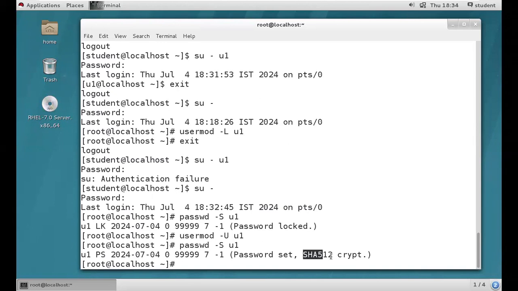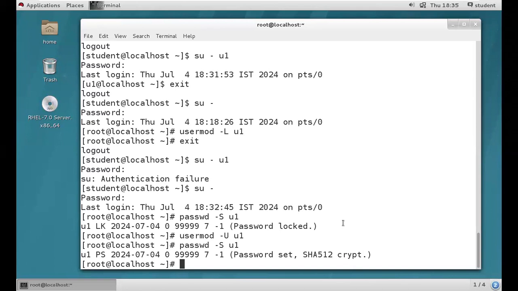This is an algorithm we are going to use to assign the password. It's a very strong algorithm. SHA-512 crypt algorithm. Got it? Those who completed load balancers know very well about SHA-512 algorithms and all that stuff. So clear? With the help of this algorithm, you're going to assign the encrypted password for the user account.